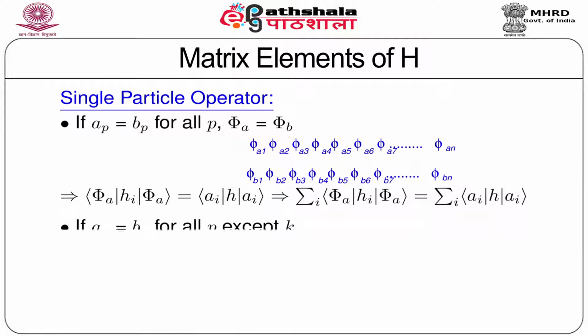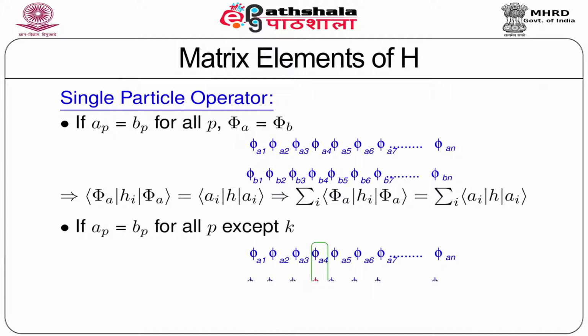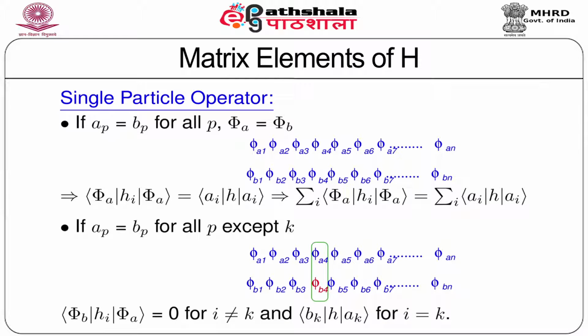Let us now consider the situation where we have AP equal to BP for all P except K. In that case, the matrix element is 0 unless the i, which is the label in the Hamiltonian, is equal to K. In this case, the matrix element is given by